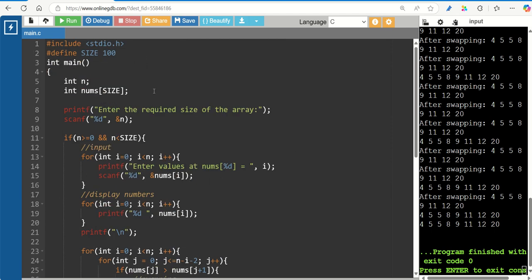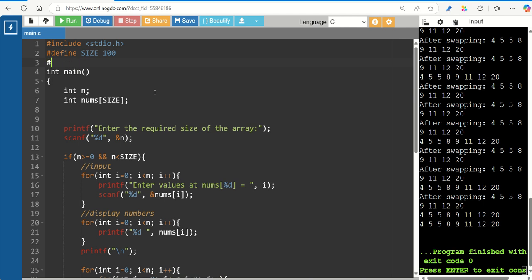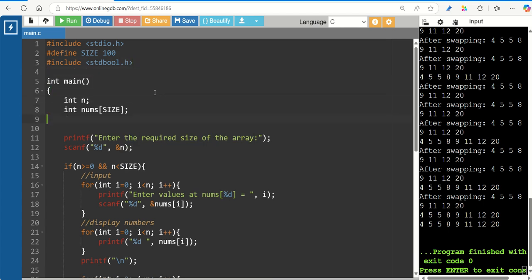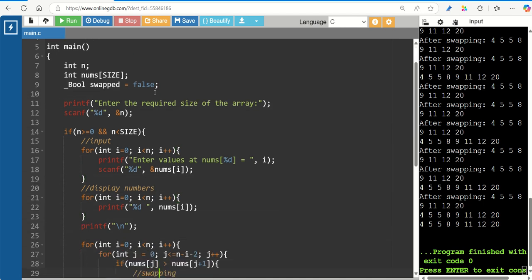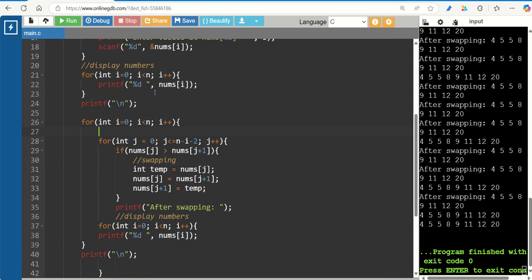So I am going to introduce another variable now, like last example. So we are going to introduce another one now, hash include stdbool.h, done. And here we are introducing another variable, bool swapped, initially as false. All right, okay. So now if swapping is not done,